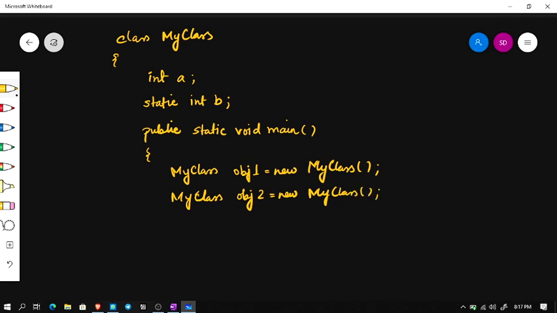Now obj1 and obj2, which are the two objects in memory,